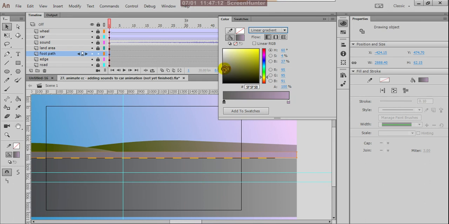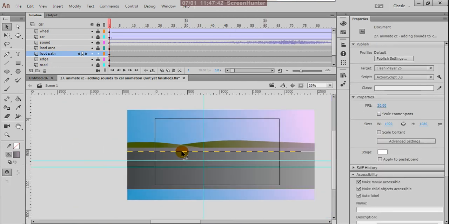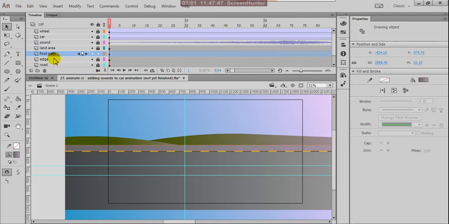It can be lighter, and this can be even lighter. Show the difference. Yes, the footpath is showing.